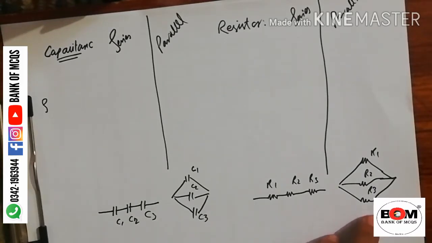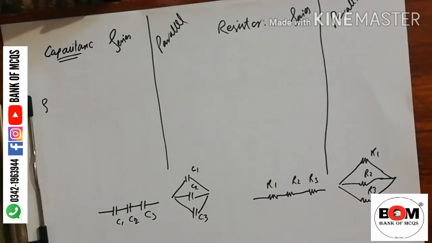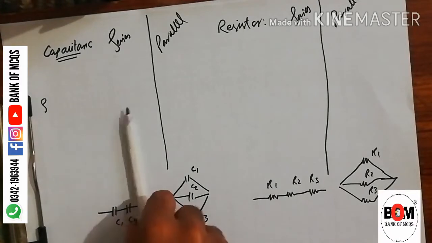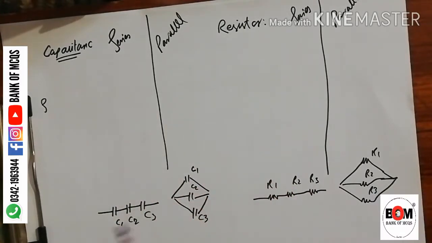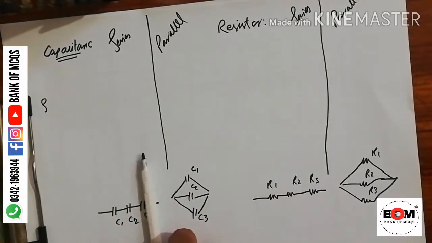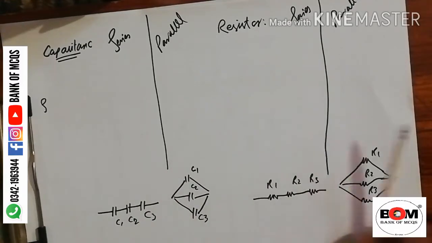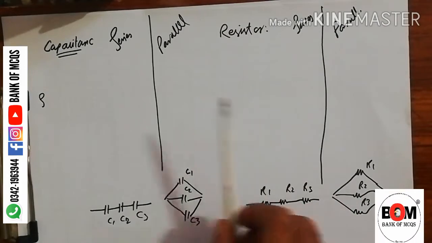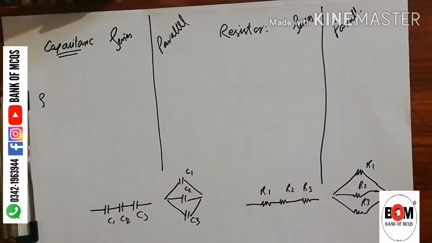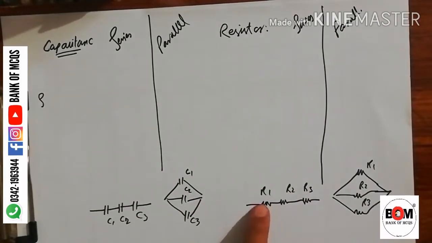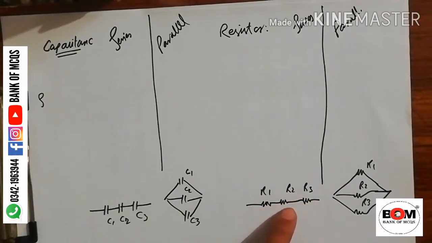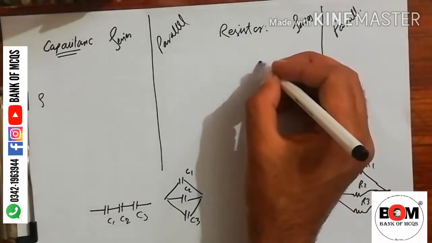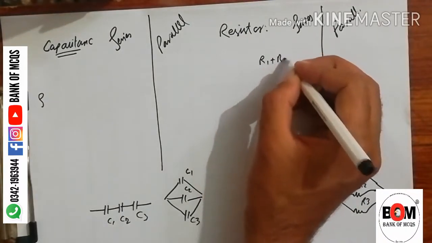In this case, I would like to draw this table because the resistance and the capacitor are opposite of each other. A capacitor stores energy while a resistor wastes or uses energy. So this value is opposite of this. If we know this is one resistance, then combining the second and the one in front, we add them and so on. So in series, the resistances are added as R1 plus R2 plus R3.